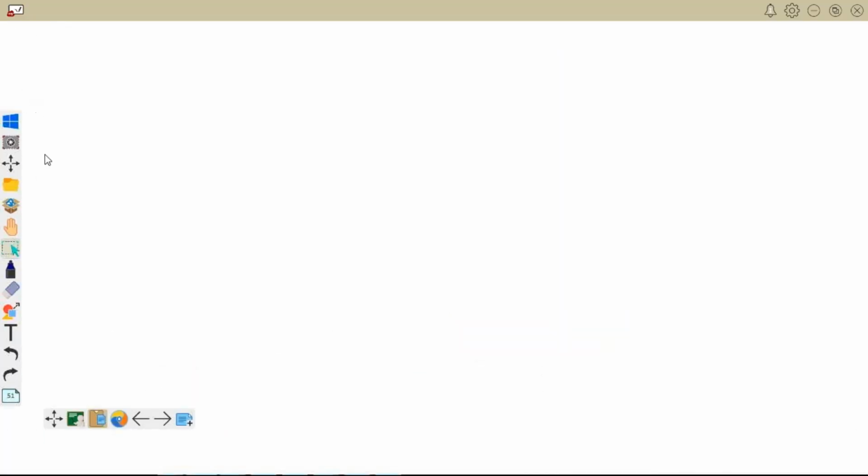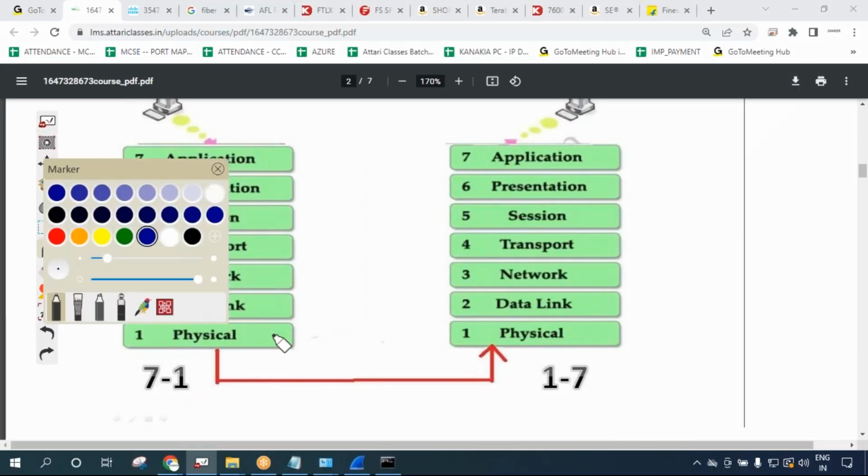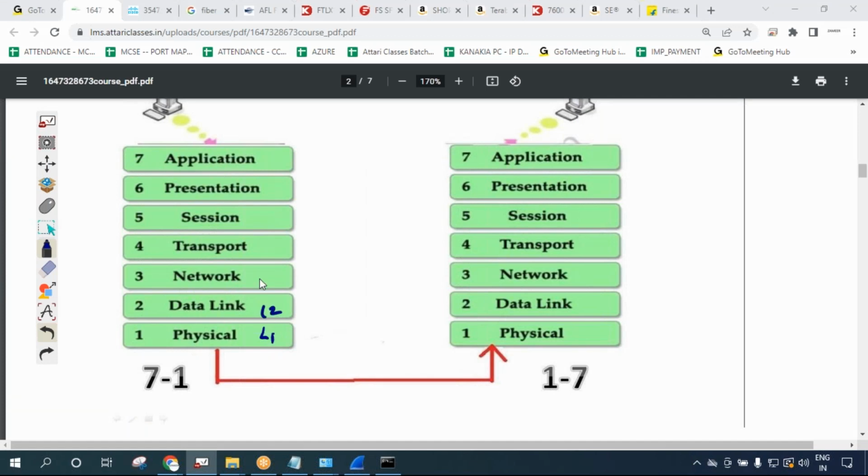Okay, and this one, I will note down this all again. It's all gone. So L1, L2, L3, L4, layer 4, layer 5, layer 6, and layer 7. So when we type here https